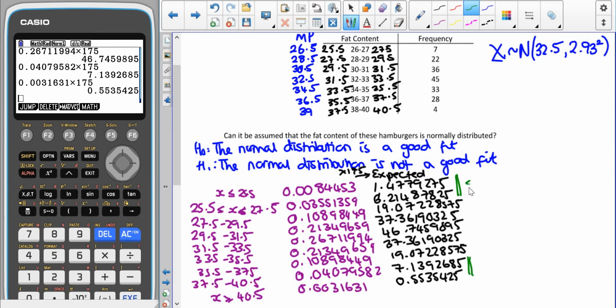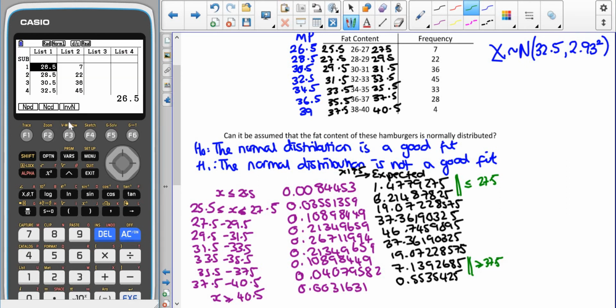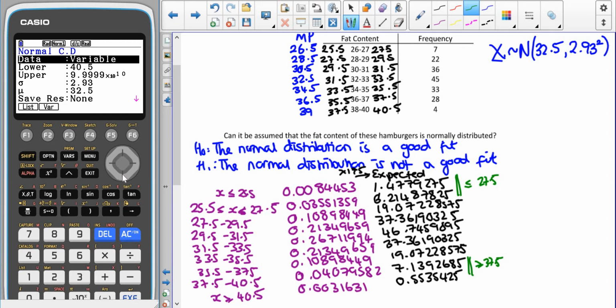that this is going to become less than or equal to 27.5, and this one's going to become greater than or equal to 37.5. So we need to go back and find those new probabilities. So in stat, dist, norm, NCD. For the first one, my lower is going to be minus 9. My upper is going to be 27.5, which gives me